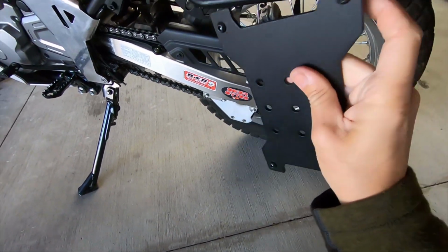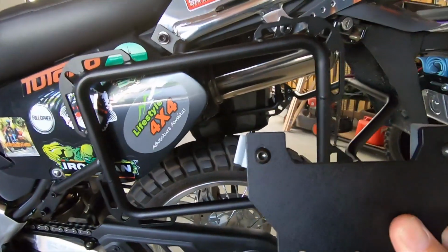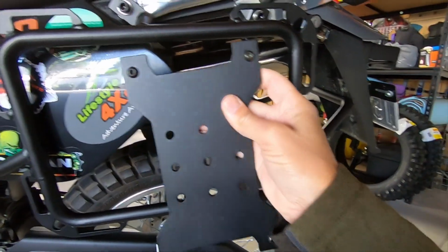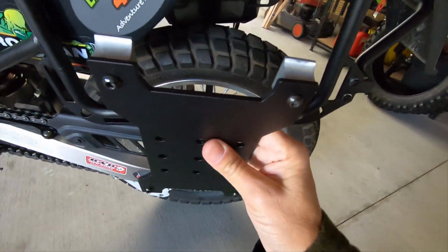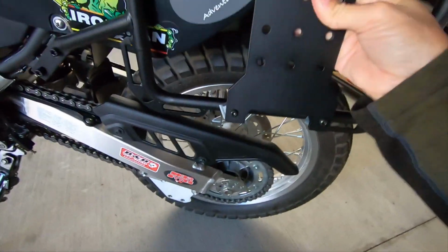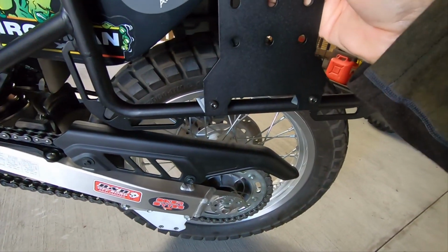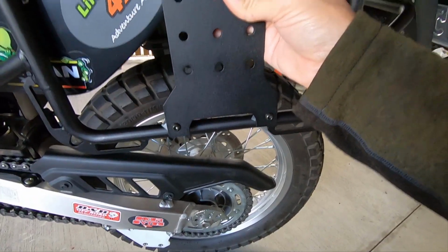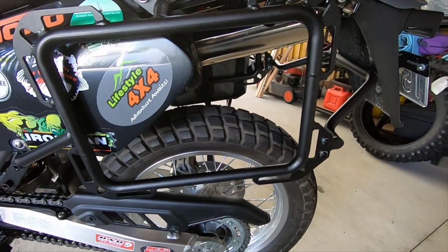But anyway, they're how to do this. You can see that they go in like that, and the same for the bottom. Sorry for wiggling the camera around, it's a bit tricky. Yeah, and that's how it fits. Now that's all well and good, because easy to take off, I suppose,